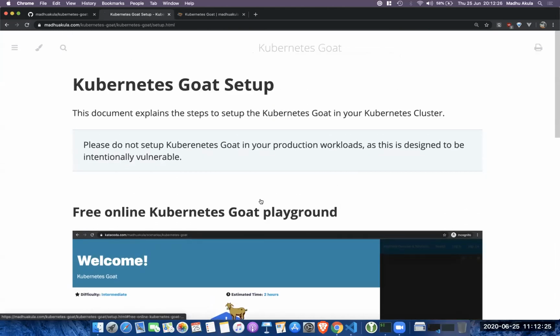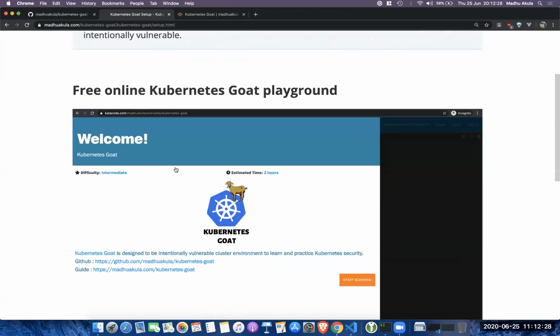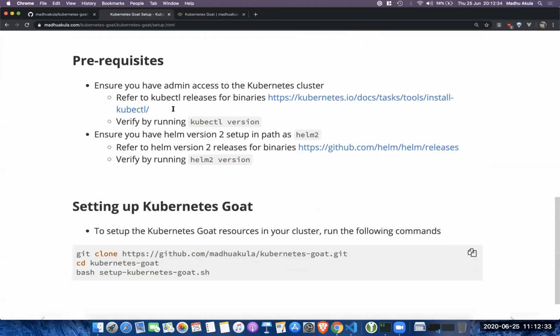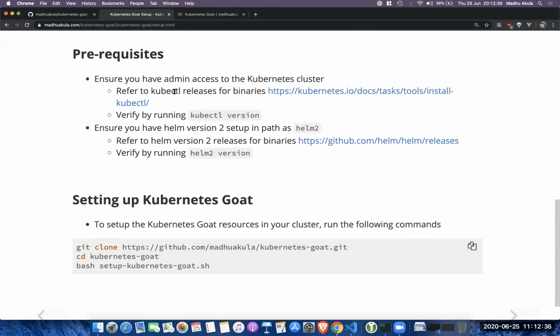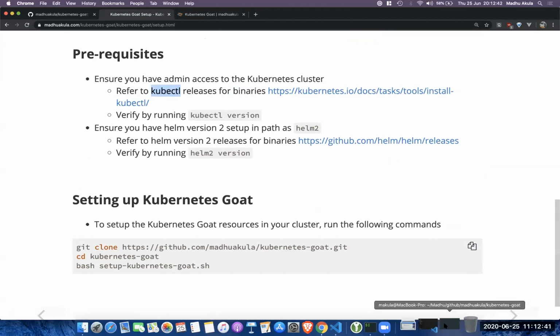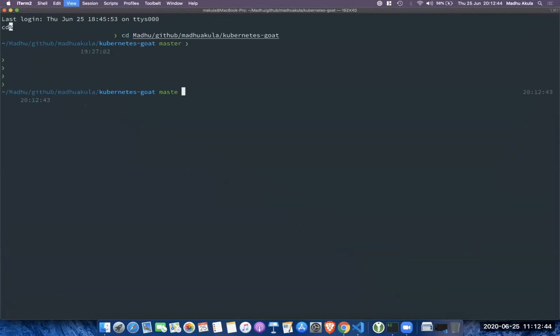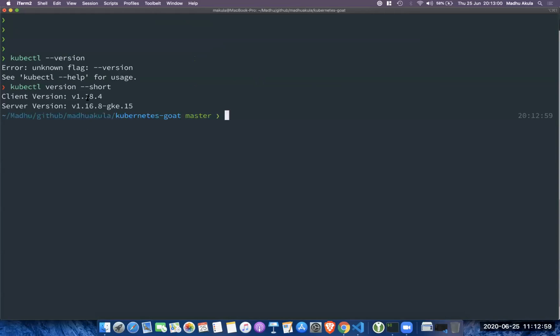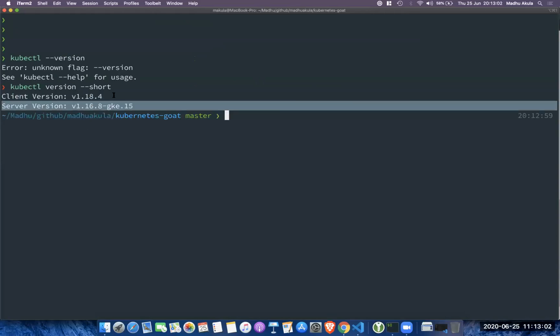Cool. So once we assume that we have the Kubernetes cluster set up, if you ideally want to set it up in a local environment, there are some prerequisites, one of them being the Kubernetes CLI utility called kubectl, right? So let's go back and see if we have everything in place to ensure that we are setting up from scratch. So I can say kubectl version. You can see that kubectl is configured perfectly for me here.